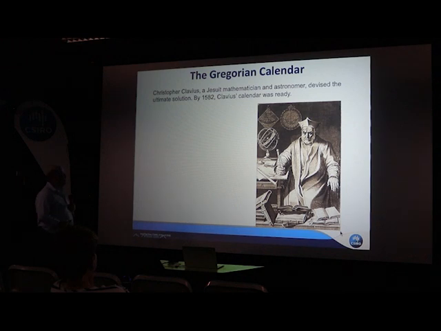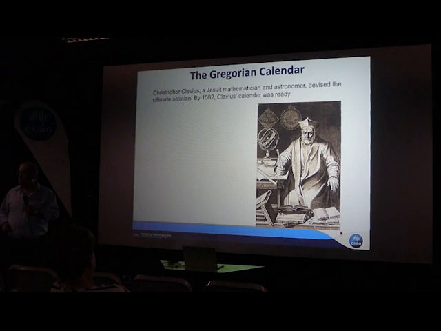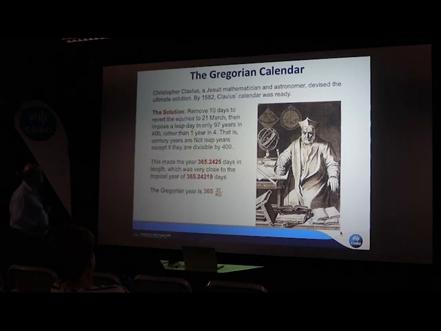So, one of the astronomers that got to work was this gentleman. He was a Jesuit mathematician and astronomer, Christopher Clavius. And in fact, he was arguably the greatest astronomer at the time. He was absolutely brilliant. This guy's brain was incredible. And so by 1582, okay, he had devised a system that had agreement by everyone and was ready to go. And his solution was